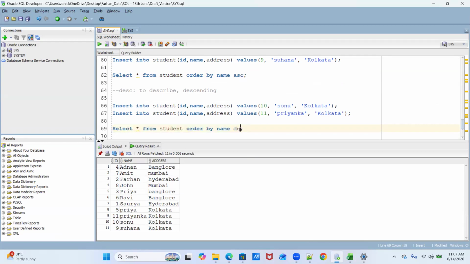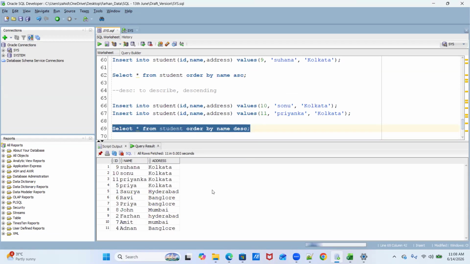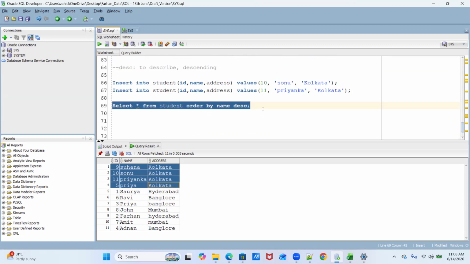Sorry, I put it in descending, ascending now, so I have to change it. Yeah, this is what we discussed, right? So we are getting the records in the same manner. Similarly, you can try it for other columns as well. So many variations you can do. You can try more scenarios, and if you come across any new scenarios, of course, we can discuss. And if you have any doubt, we'll discuss that.